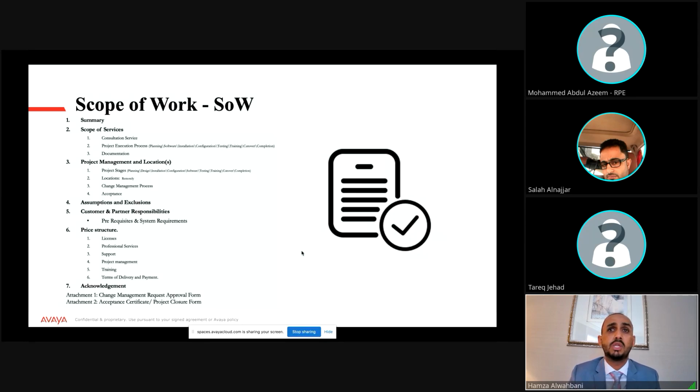Some problems are related to timing: why the delay from Avaya? Why the delay from the partner? Some problems are related to the technical specification and the prerequisites. When you ask the customer, for example, why the RAM is not 8 gig, he will say, you did not tell me. But this file will solve all the problems. There will not be a conflict during the project if we as Avaya, you as a partner, and the customer sign this scope of work for any Centrum application.